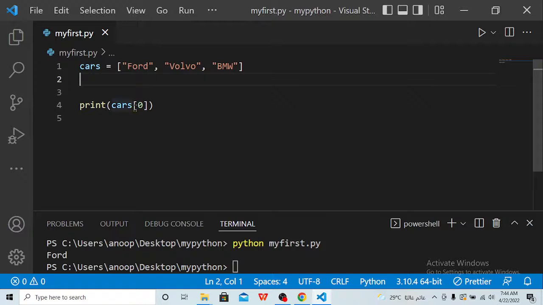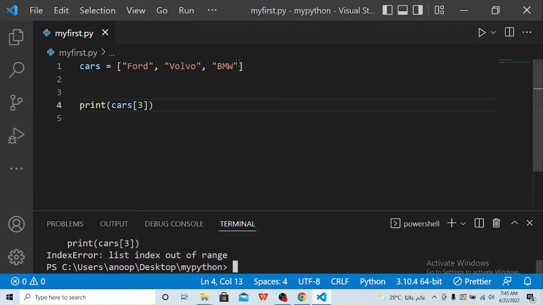So cars 0 means the 0th element, Ford. If cars 1, it becomes Volvo. If it is 2, BMW. If it is 3, it never gives because